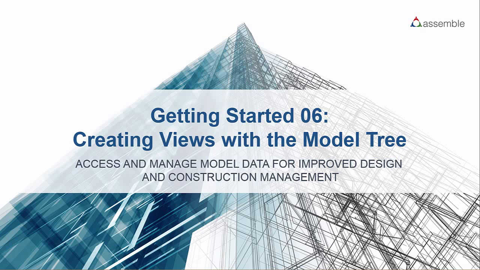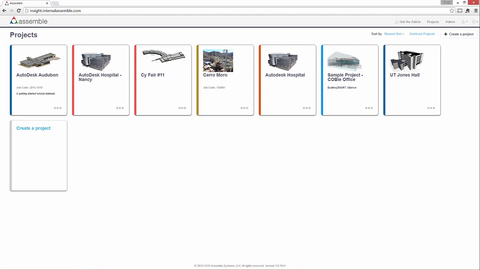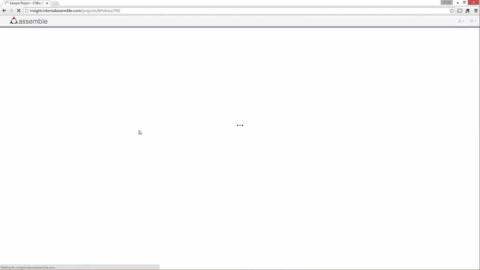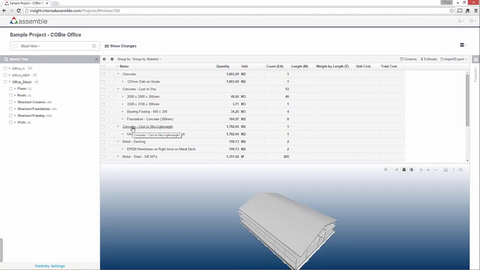This video reviews the creation of a view using the model tree to filter a dataset. Let's start by opening the Steel view in the COBie Office project. The model tree can be used to create views of datasets by using category, family, or type names to filter